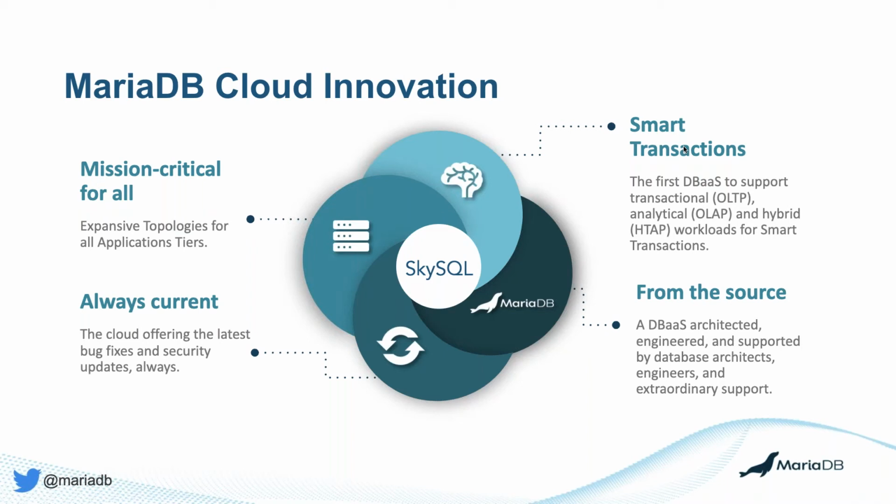Where you think about the combination of transactional or row-based storage with analytical or column-based storage. And then even the combination of those things inside of what's called an HTAP database, or hybrid transactional analytical processing, for this idea of smart transactions. Now, we won't get into that too much here, but know that the features that come with Enterprise are coming